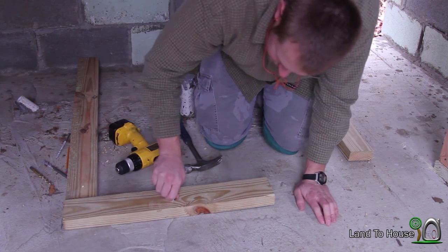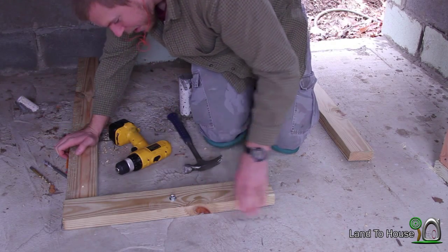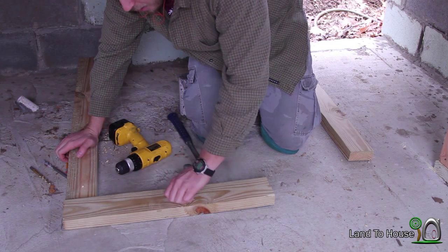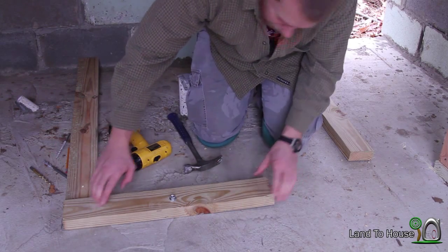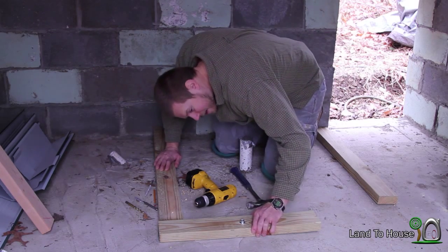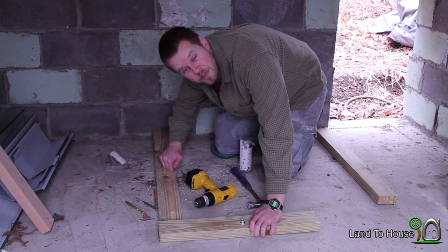Very nice. So I might try and tighten that just a little bit, but what's happened is that ring on that screw there has expanded inside the concrete, and that's not going anywhere. So that went on pretty easy. It's very secure. So I'm gonna go ahead and get this other side done without you, and then we'll start